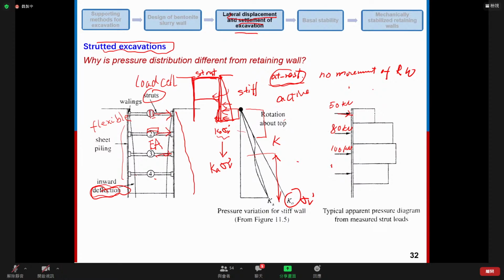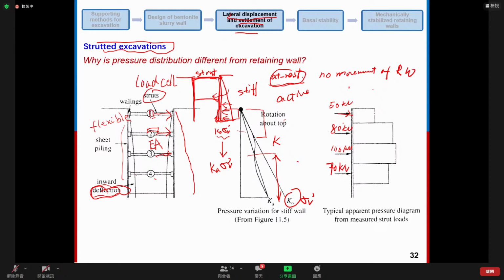And this one, let's say maybe 70 kilonewton. Okay, so this load is actually measured from the transducer. So after we get this horizontal load, how do we determine the pressure, the earth pressure behind the retaining wall? So here we do a